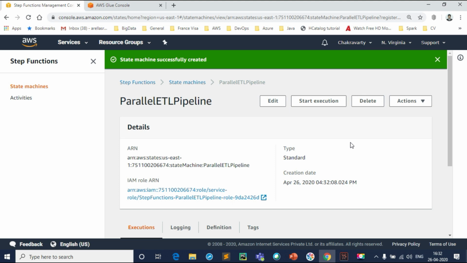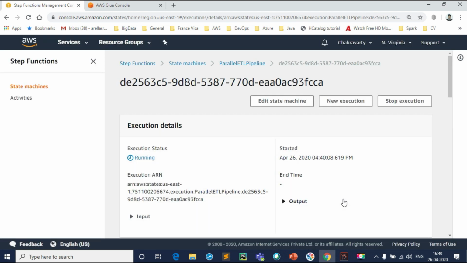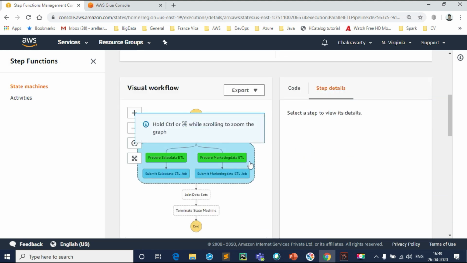So now our state machine is ready for execution. Now we can start executing the state machine. Just click start execution. There's nothing we need to provide as input. So click start execution again. It shows that our execution has started. If you come here,